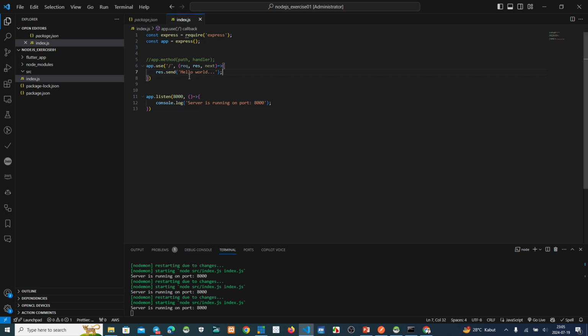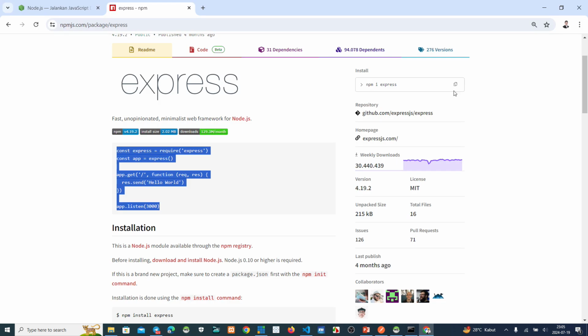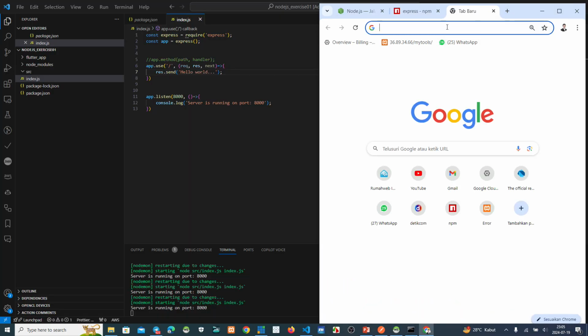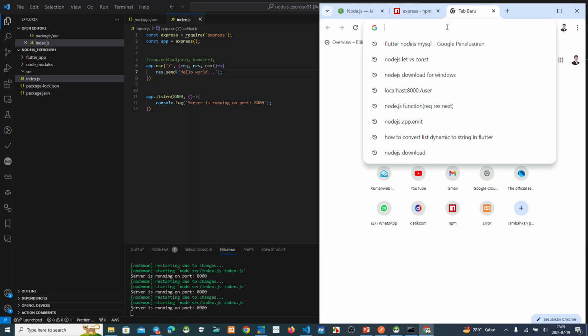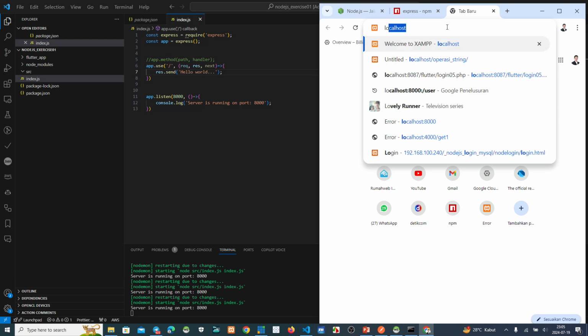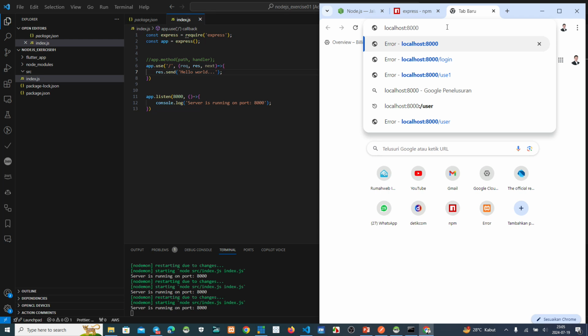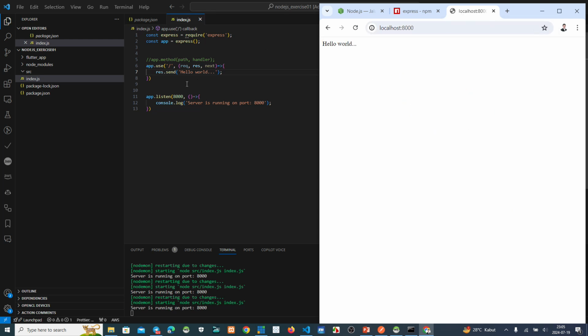Okay, for example, if someone accesses the server, we use the browser first, localhost port 8000 slash this one, hello world.